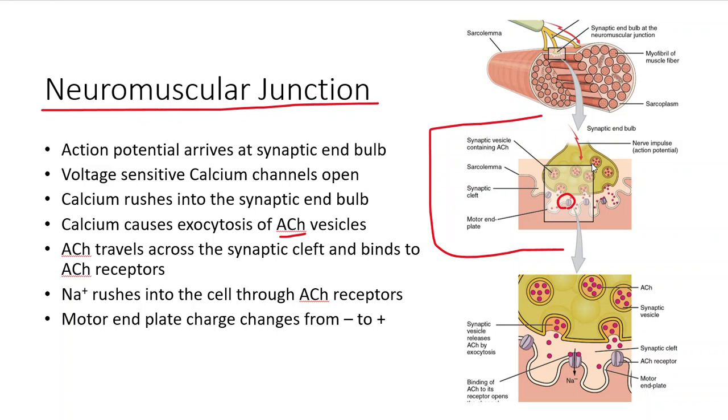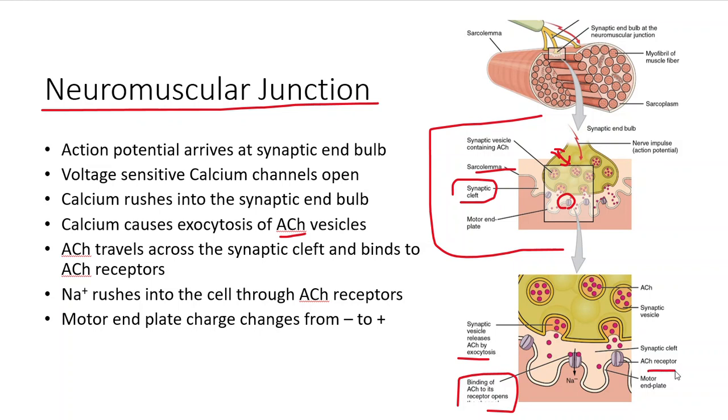It's going to float across this gap, which is called the synaptic cleft, and it's going to bind to these receptors. You can see them right here a little bit better. It's going to bind there. Of course, that's the sarcolemma, which we know is just the plasma membrane. The nerve impulse travels down the axon, and then when it gets to the end, it opens up calcium gates. Calcium floods in here, and when calcium floods in, these guys exocytose out and then float across that synaptic cleft